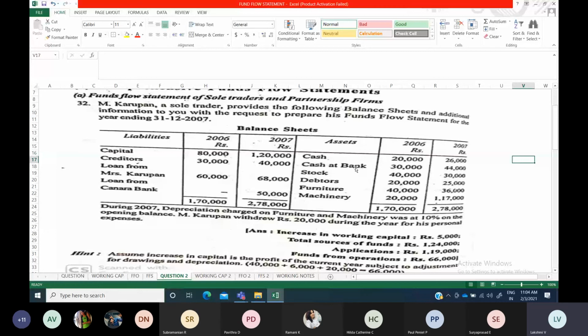So this is a sole trader business for which you can prepare a statement. Through that statement, you can calculate the profit, which will be considered as net profit, and you will be adopting the statement method because net profit we are going to calculate now. So you can adopt the statement method with which you can calculate the funds from operations. So now let me tell you how to prepare the statement showing how to calculate that net profit first of all.